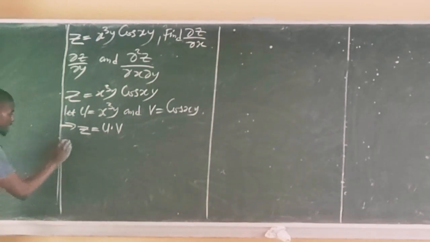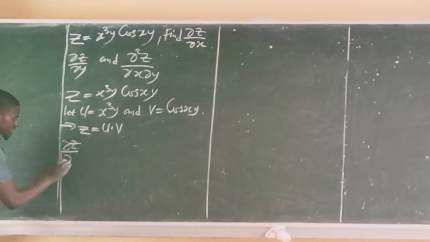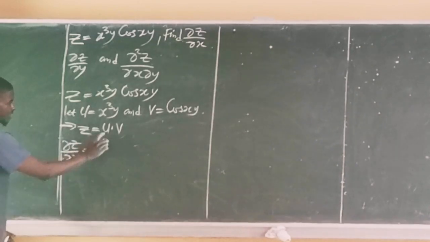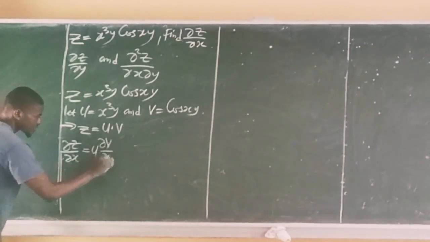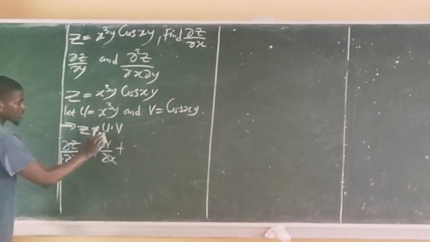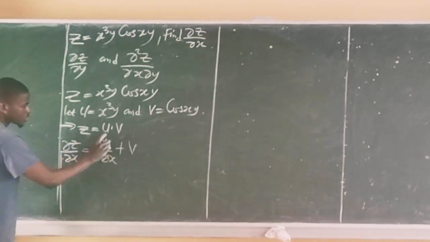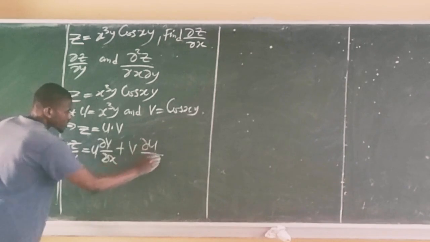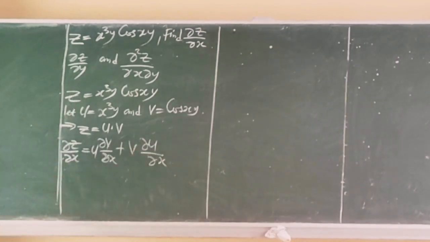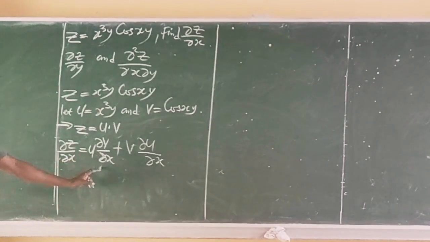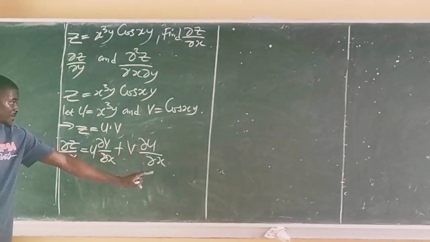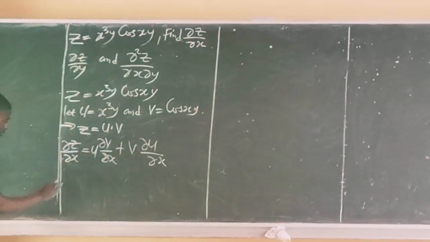From product rule, the partial derivative of z with respect to x is simply keep u, differentiate v partially with respect to x, plus now keep v, differentiate u partially with respect to x. So I have this. So that means I need to find partial v partial x. I also need to find partial u partial x. Alright, so